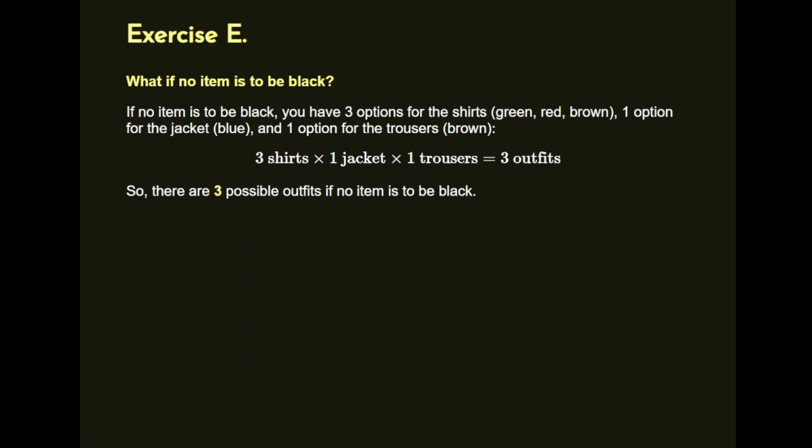So this is where we start to bring in this idea of using the complement of something. Sort of looking at the opposite of what we're asked and then just trying to see the difference. And that's an important way of thinking about things when you deal with probability problems. So that's a skill we're looking to develop here. So anyway, 3 possible outfits if no item is to be black. Just look at what we can use, and then